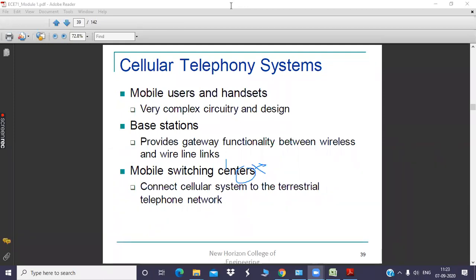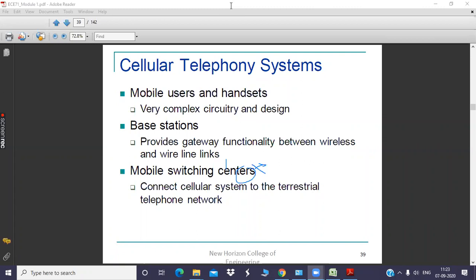See, suppose, imaginary, if you're taking circles, if you're dividing the geographical area in terms of circular cells, what will happen? In between there will be void spaces, isn't it? So in those spaces we will not be able to accommodate any channels. So the most efficient way of utilizing the entire spectrum is using hexagonal pattern as a cellular structure.